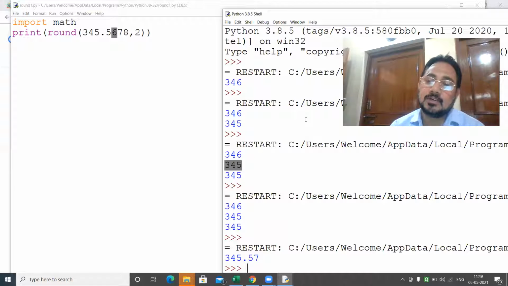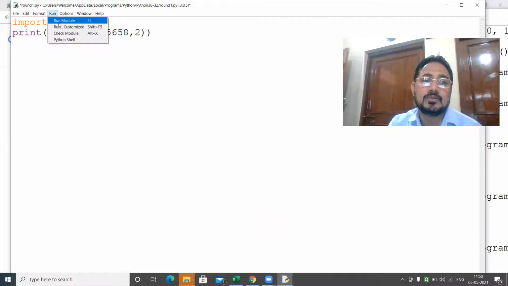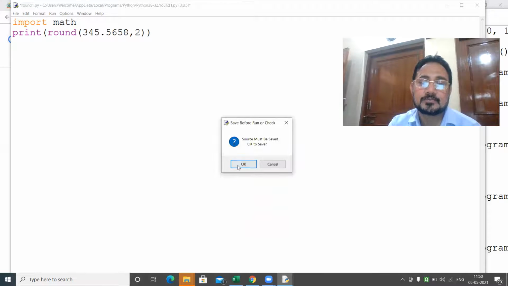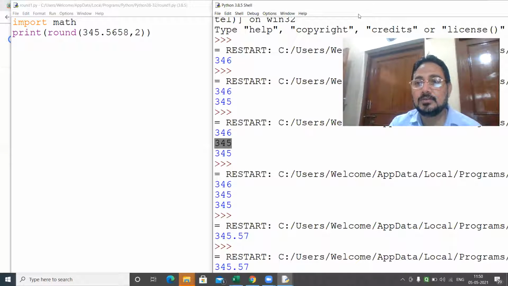And other values are removed only because I have given 2 decimal places. Now, why is 7 coming? Because the digit after that is 7, and because of that reason 6 is rounded off to 7. Just see the value. Clear?